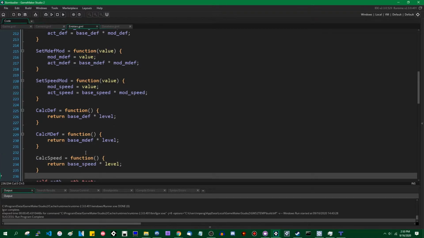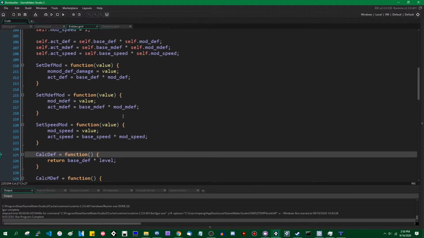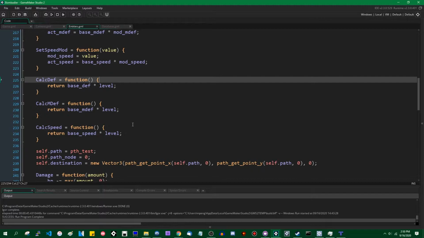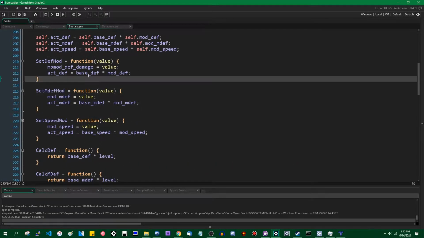Again, if you're not familiar with past videos in the series, I usually do Pascal case for method names in structs, or just in general for method names, because I like C#, and that is the naming convention that C# does. Generally, the rest of GameMaker is snake case, which is using underscores instead of capital letters. So now, instead of